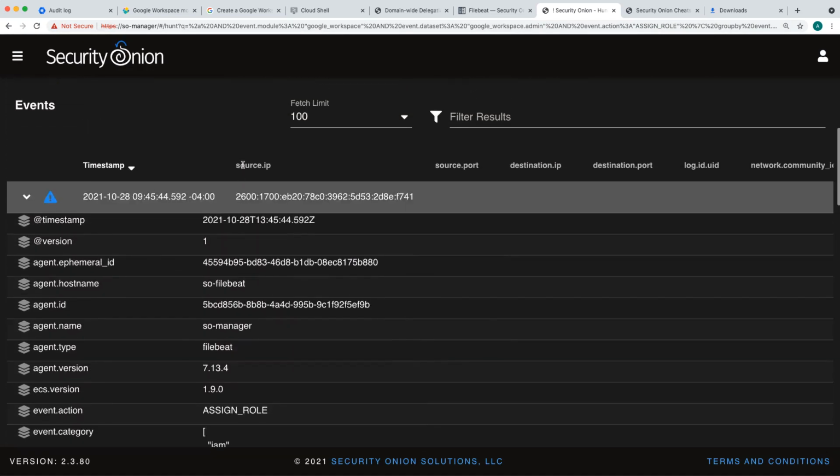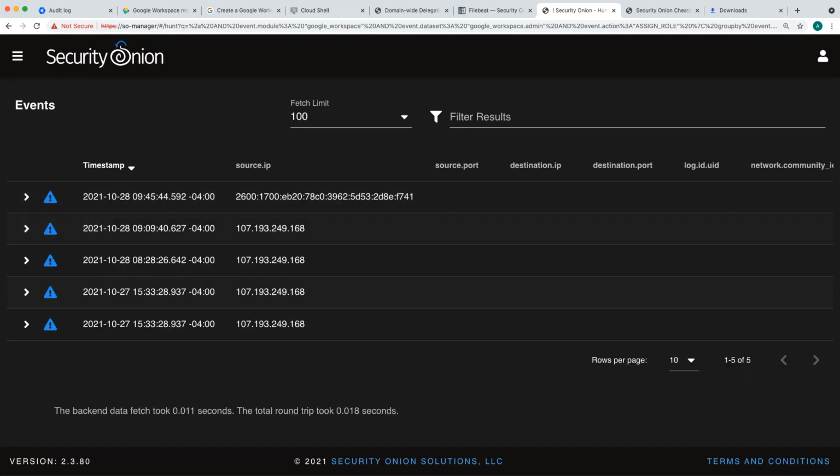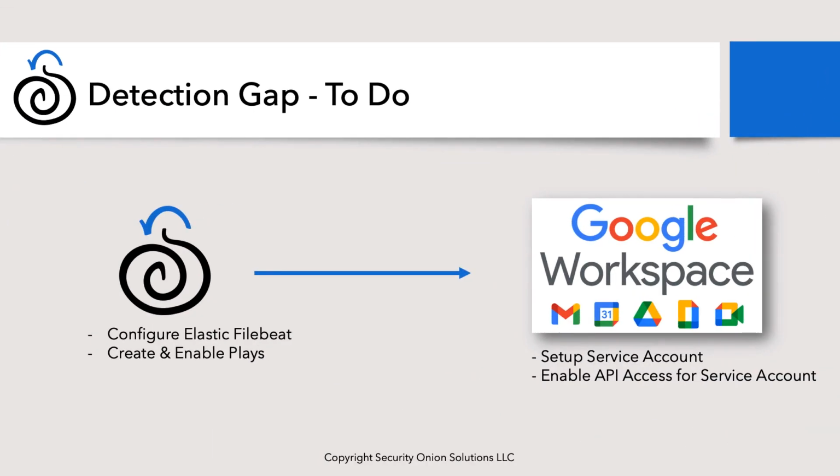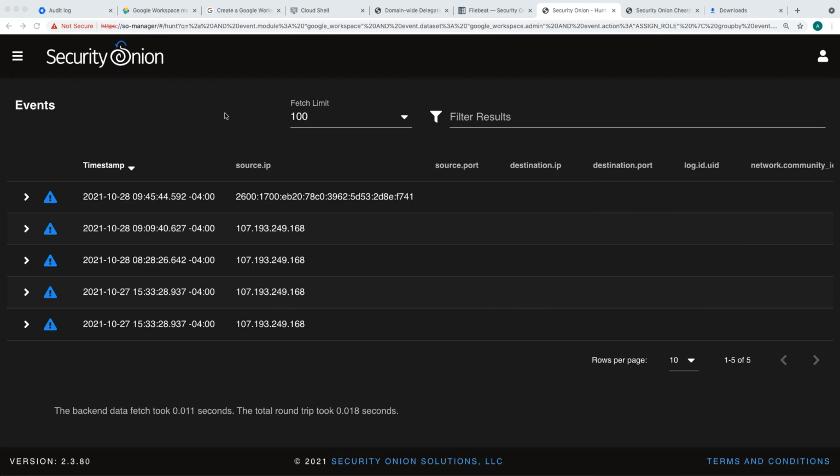This is looking good. So what is our final thing we need to do here? We've set up Google Workspace. We've configured Elastic Filebeat to bring that data in. Now we need to create and enable our detections. So to do that, let's look at our